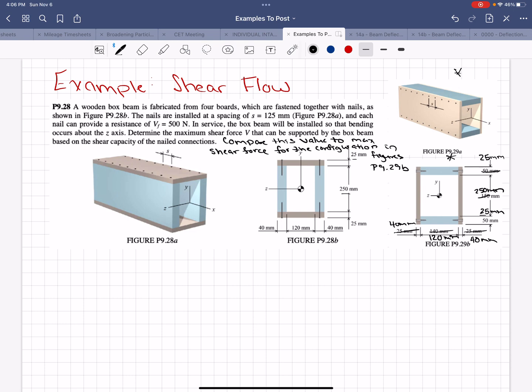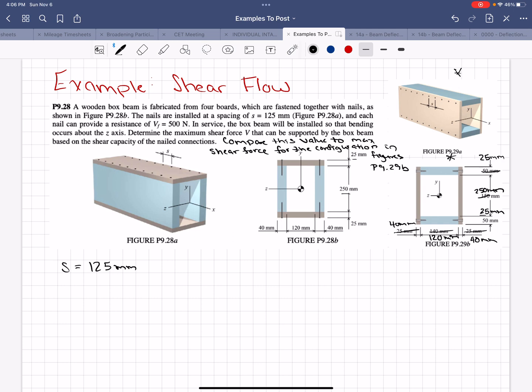So we have a wooden box beam fabricated from 4 boards. We actually have 2 different wooden box beams. The first one is shown in figure 9.28, and the second one is shown in figure 9.29. The nails for both boxes are installed at a spacing of 125 millimeters on center. So the nails are placed every 125